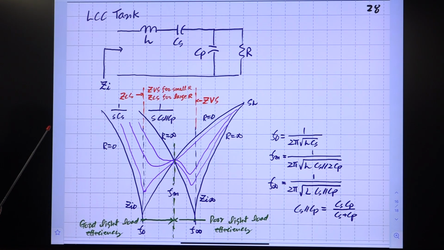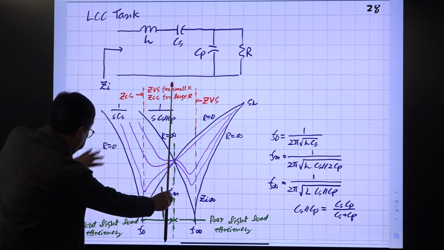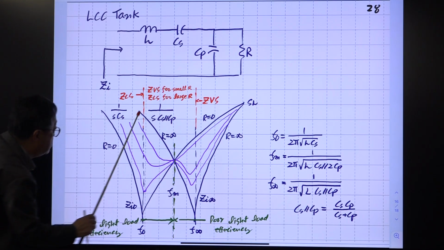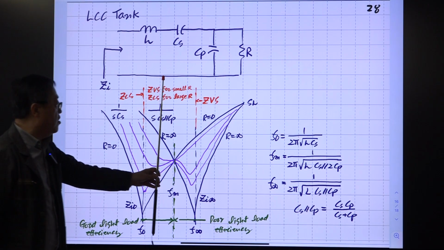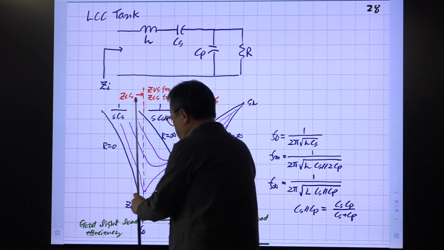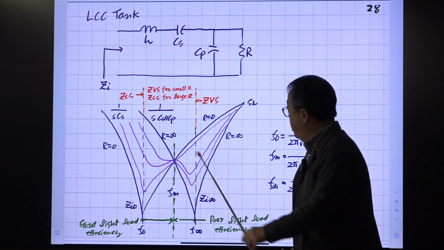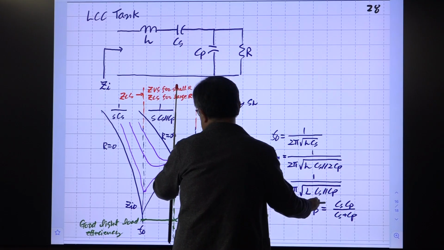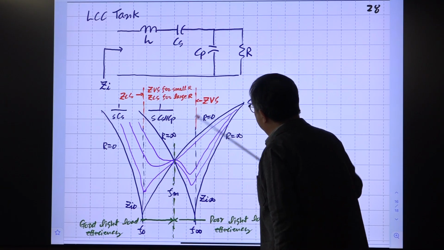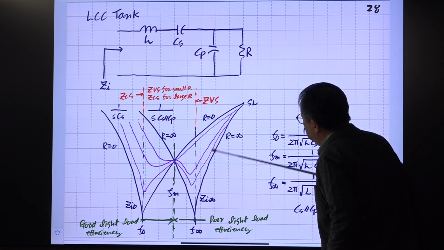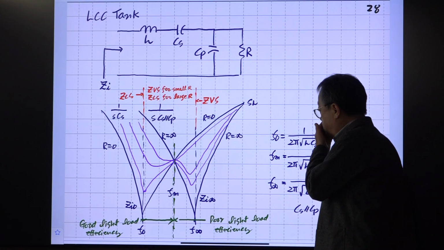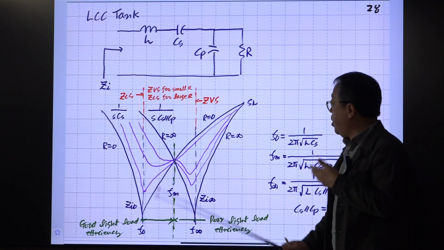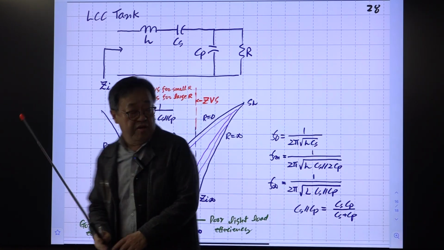So to the left-hand side of this line, the magnitude of G_I is proportional to R. That means this area is for good line-node efficiency. And in this region of frequency, the magnitude is inversely proportional to R. If R becomes large, it becomes smaller. This is the region for poor line-node efficiency. The borderline is this F_M frequency, which is this one.